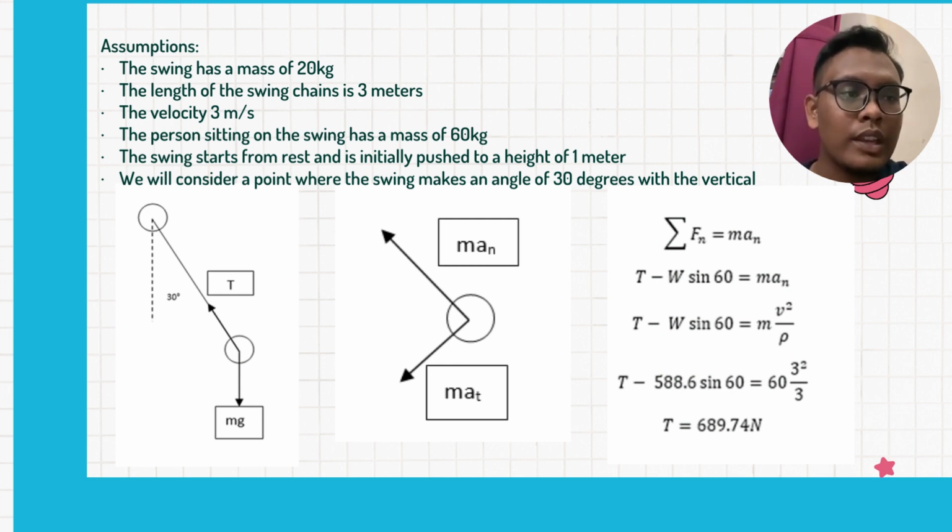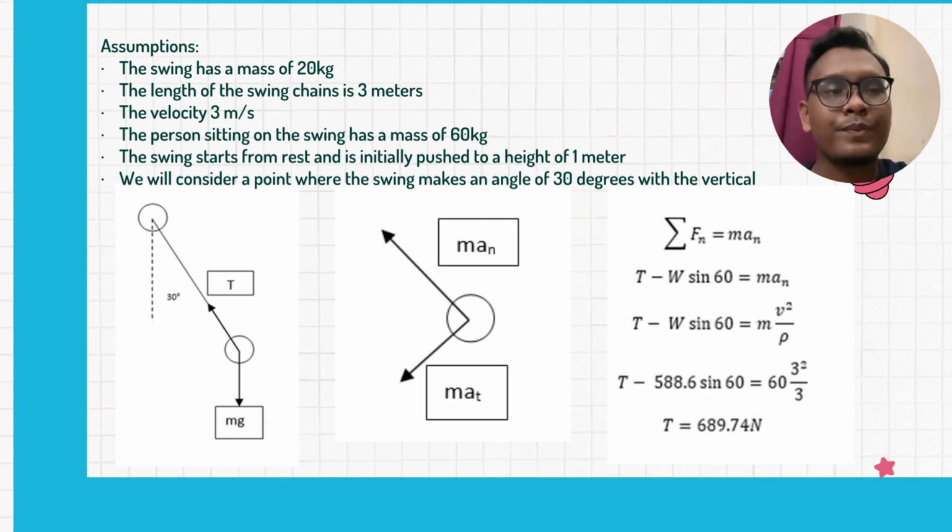So T minus 588.6 sine 60 equals mass 60 kilograms times a_n, where a_n is velocity squared over rho. Velocity we assume is 3, so 3 squared divided by rho, where the radius is 3. So we calculate, and we get the tension in situation 2 is